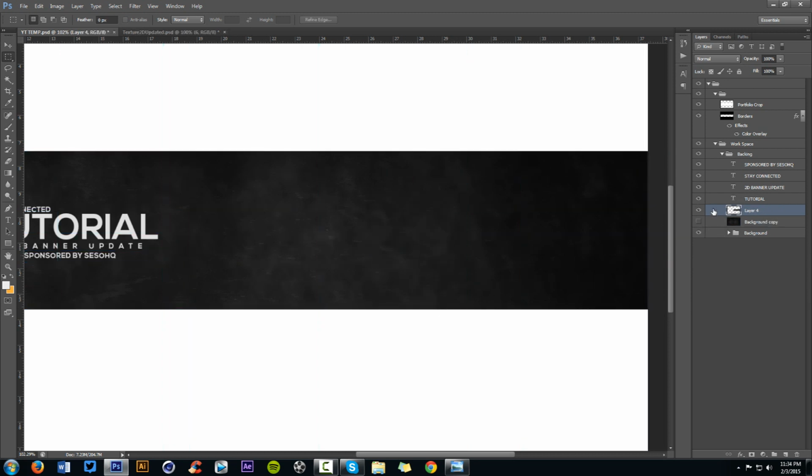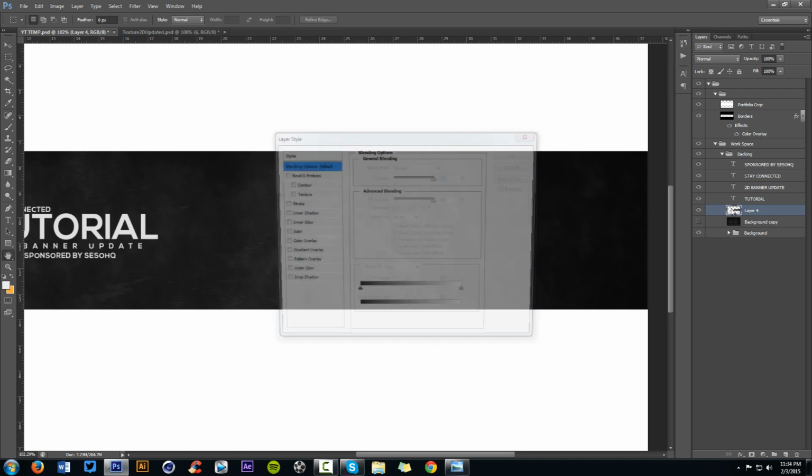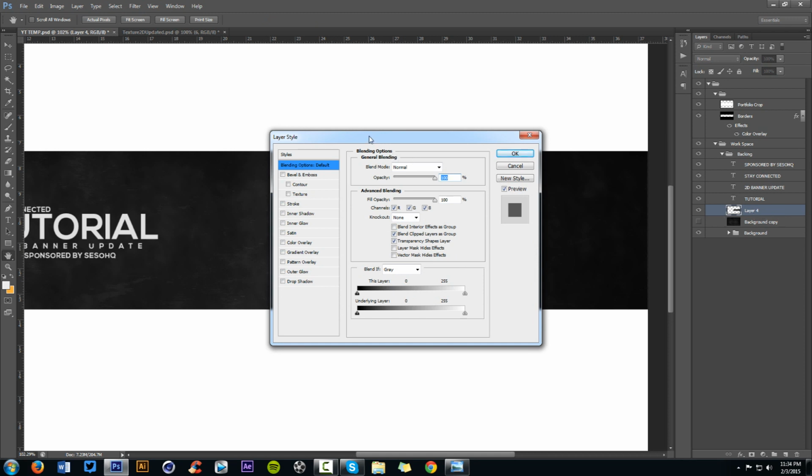But what this is, I just took a copy of that. The path of everything I just had on my background, so nothing's different. It doesn't look anything like it changed or anything. But if I double click on this new layer that I formed with the layer via copy, I can go